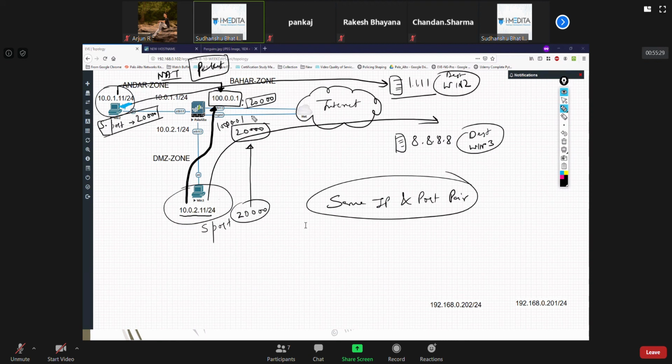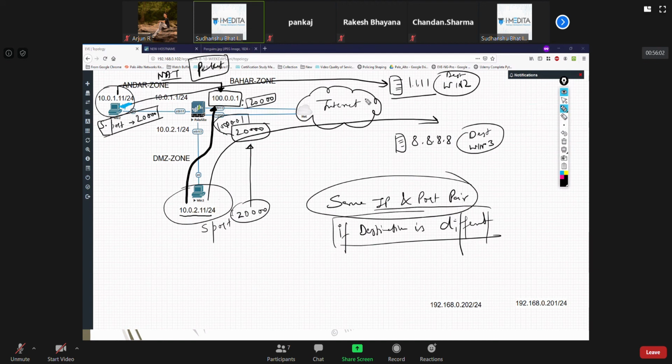Now you might be wondering, when the return traffic comes, how does the firewall identify it, right? You can use the same IP and port pair in NAT oversubscription if and only if the destination is different. If the destination is the same, then you cannot utilize the same IP and port pair. If the destination is different, how does it matter?